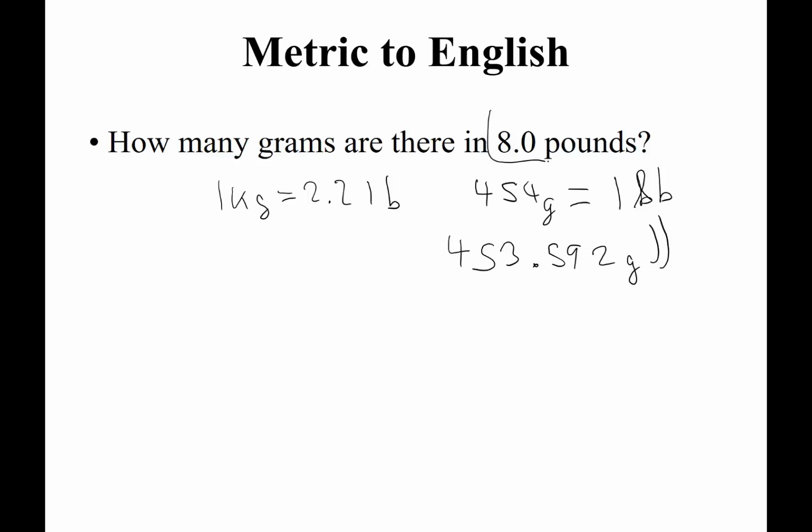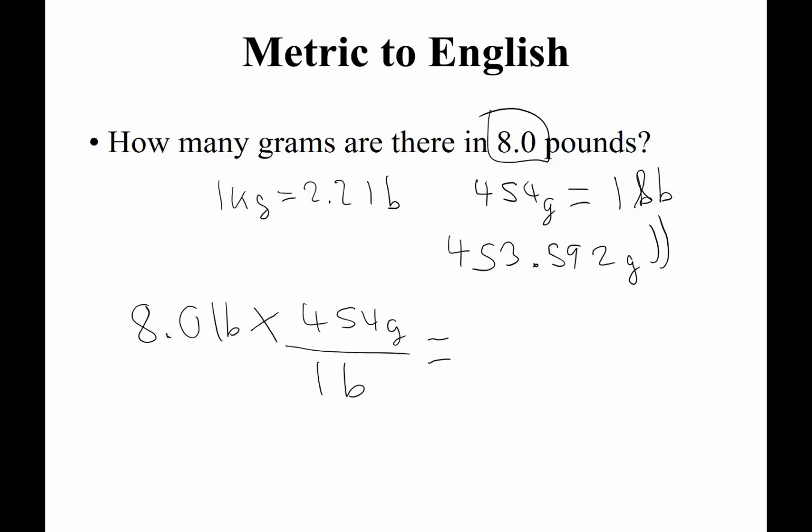So the measurement here just has 2, so we can use either one of those conversion factors. Now it's easier to use the grams to pounds, so we can just say 8.0 pounds times 454 grams divided by 1 pound equals